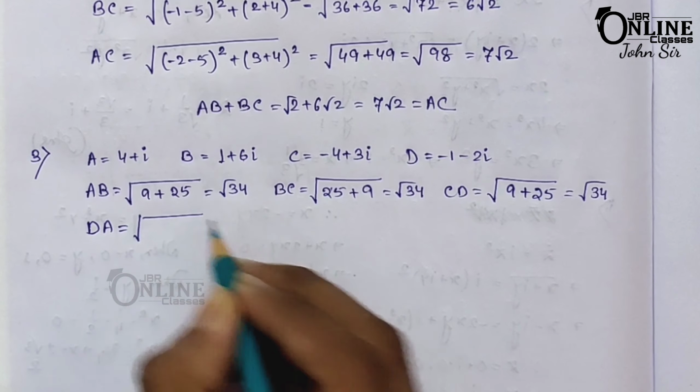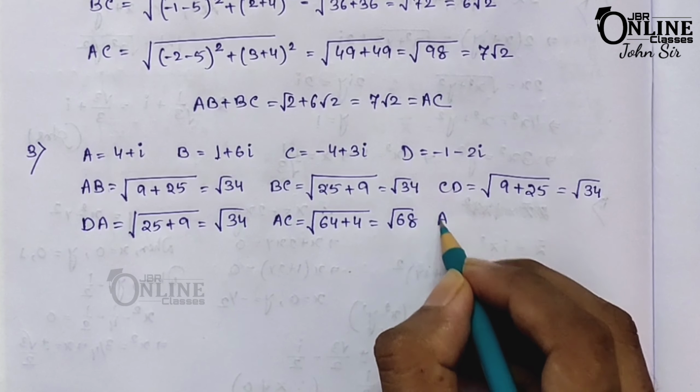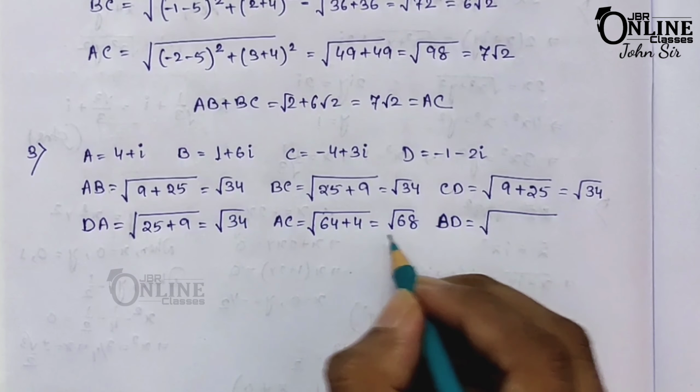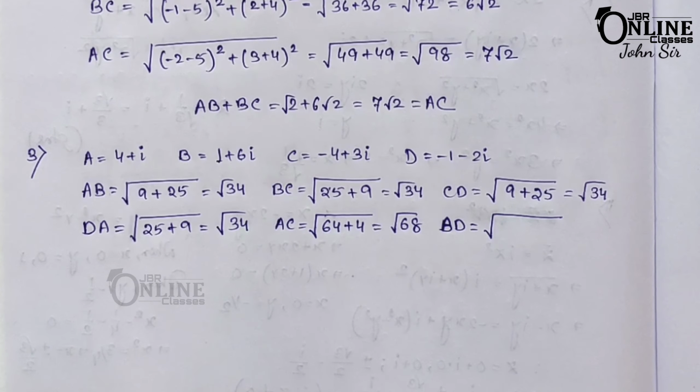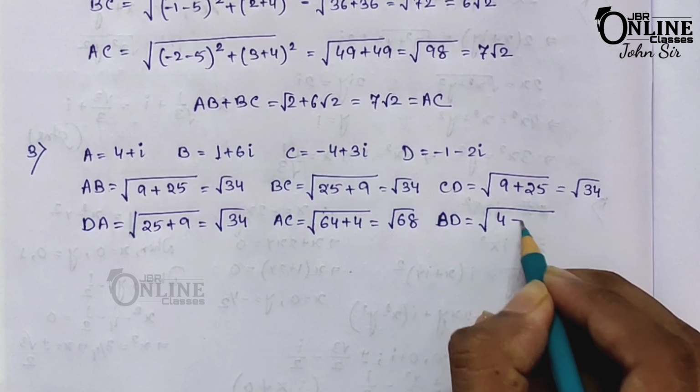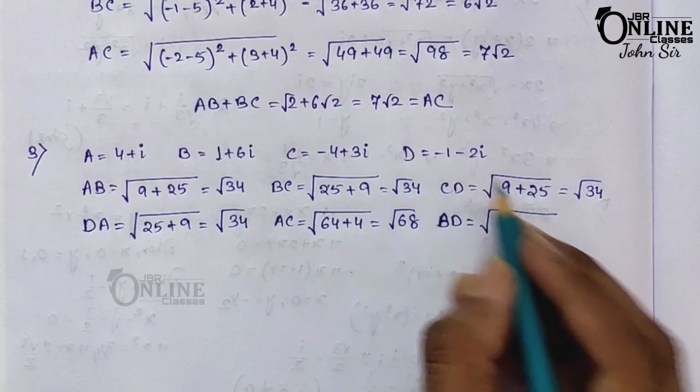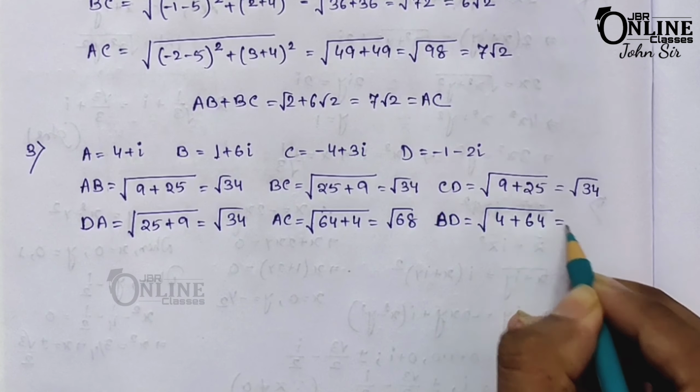Now you have to find the diagonals also. So for A and C, for AC, 4 and then here minus, so 4 plus 4 is 8, so 8 square means 64. Now 1 and here -3, 1 minus 3 is -2, so that equals 4, so that will be √68. Okay, and now the last one, that is BD. So BD equals also √68, then ABCD is a square. So BD means here 1 and then minus plus, so 2, that means 4, and then here 6 and here plus 2, so 8, that means 64, so that equals 68.